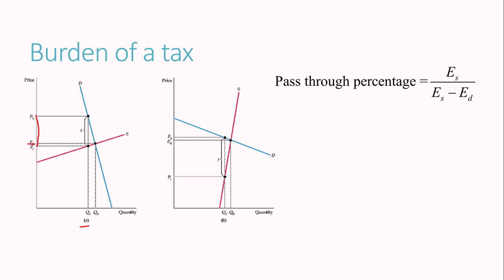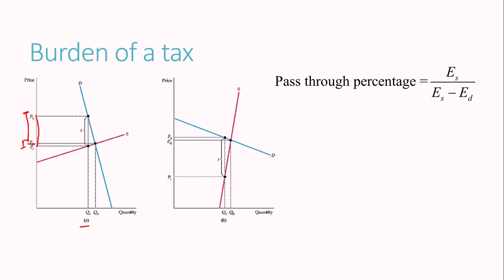now before the tax, both buyers and sellers were receiving and paying P naught. With the tax, buyers now pay PB. So this is the difference between the price that buyers were paying before tax and the price buyers pay after tax. This is the burden of tax on the buyers. On the other hand, sellers are now receiving PS, which is less than what they were receiving before. The burden on the sellers is the difference between what they were receiving before tax and what they receive after tax. So in this case, because the demand curve is highly inelastic, buyers are sharing